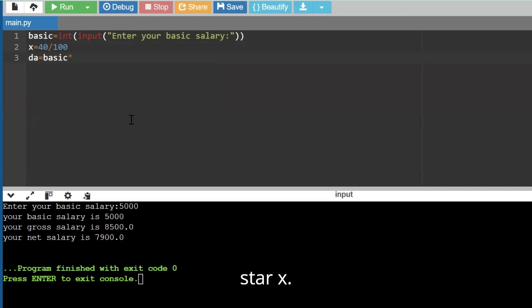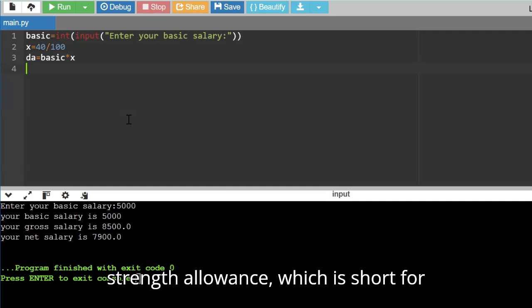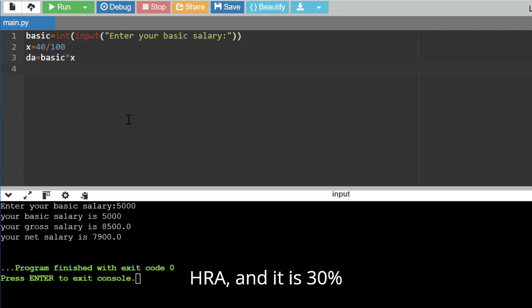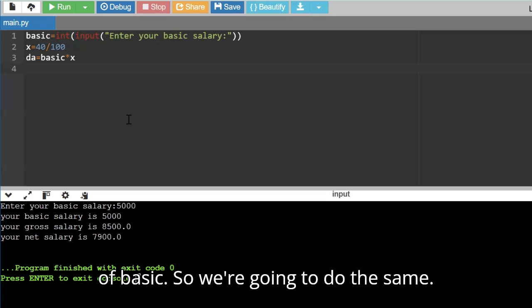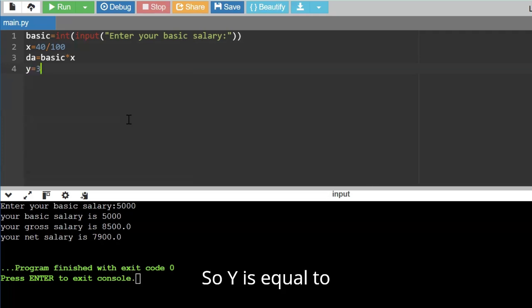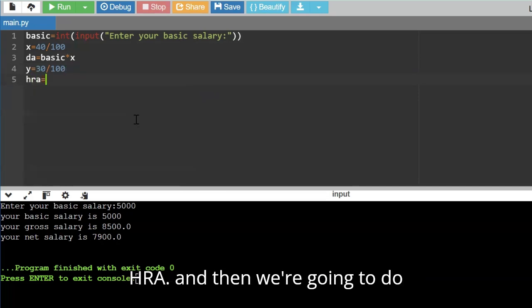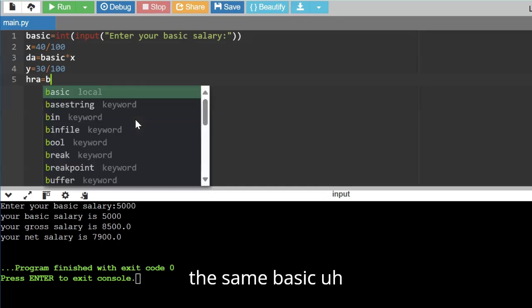star x. And then we're going to calculate house rent allowance, which is short for HRA, and it is 30% of basic. So we're going to do the same. We're going to assign it to a variable y. So y is equal to 30 slash 100. And then we're going to take a main variable HRA, and we're going to do the same, basic